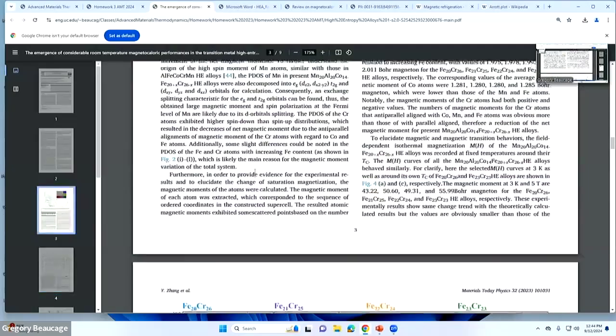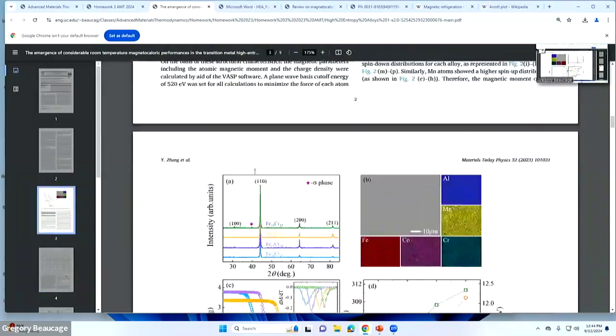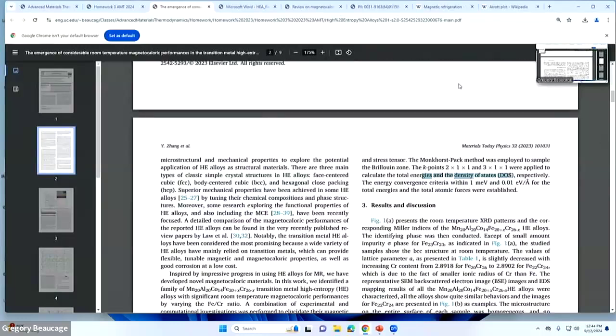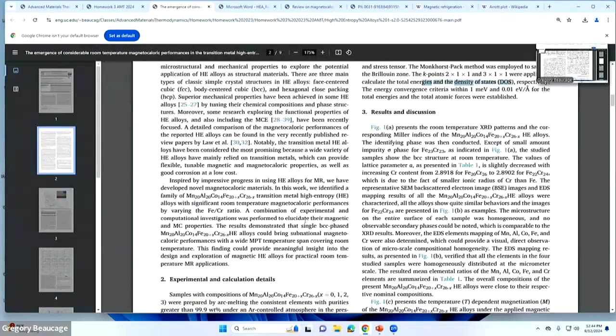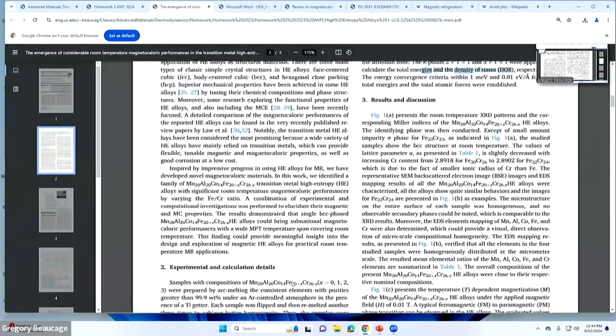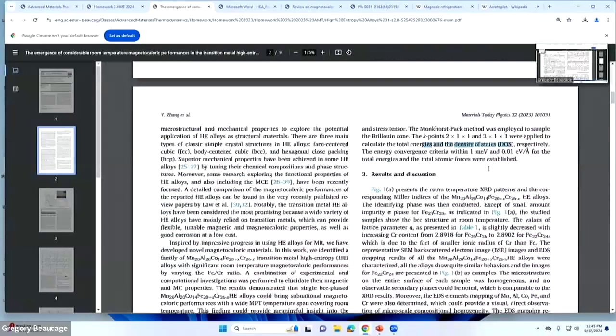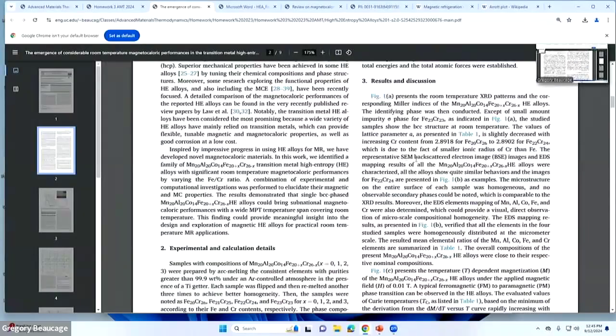Right? There's different kinds of vibrations. Basically, we'll talk about those later on. But so there's stuff here. It's kind of foreshadowing. So when you see things you understand, you can Google and say, what's density of states, what's VASP, but that's not really the crux of what he's getting into here. What they want to get is